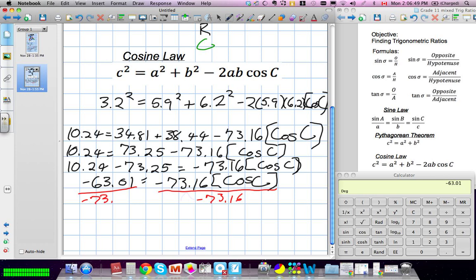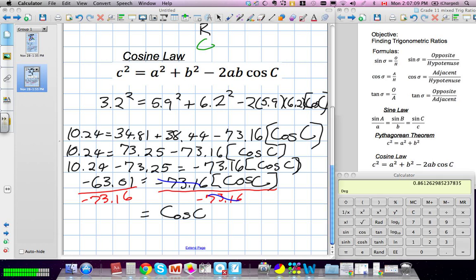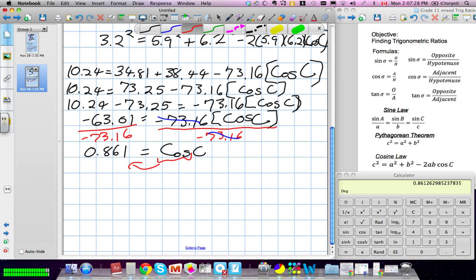When we do that, on the right side, our numbers will cancel out. So we're left with just cos C. And on the other side, divided by 0.861. Now, again, we still don't have C by itself. There is still technically a cos. So when we bring cos to the other side of the equation, it becomes the inverse of cos. So we get cos inverse